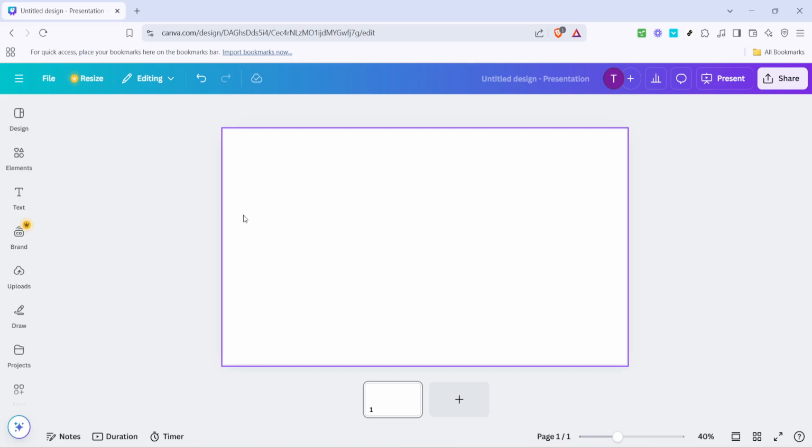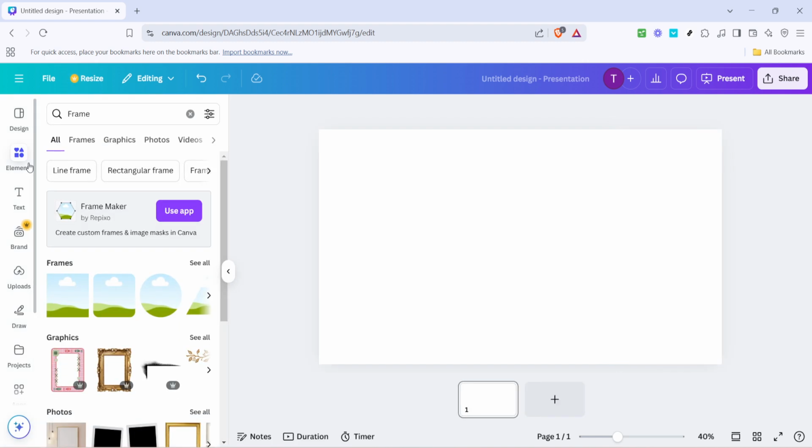First, after you've opened Canva and are either creating a new design or editing an existing one, you'll want to navigate to the left-hand side of the screen. Here, you'll see a menu of options, and what we're looking for is the Elements tab. Click on Elements. This is where you'll find all the creative assets that Canva offers, including shapes, graphics, and most